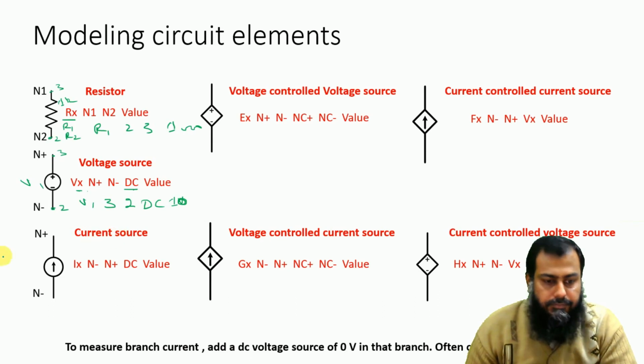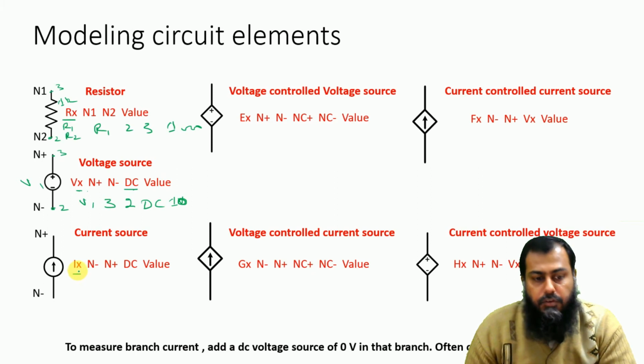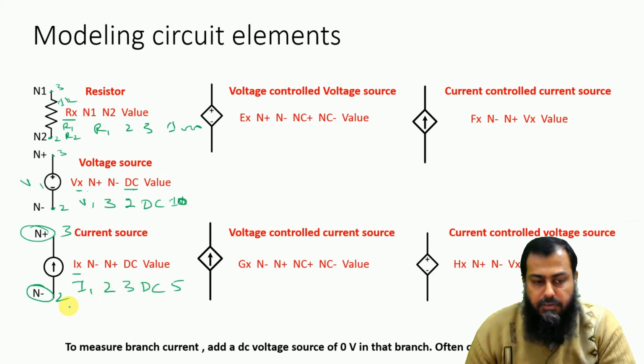Similarly, for the current source, the syntax starts with the letter I, and thereafter you can have any number alongside this I. The difference between the voltage source and the current source is that we have to first write down the negative terminal and then the positive terminal. So if we have this connected between node number 2 and 3, let us say we call this I1 connected between node 2 and 3, it is DC and its value is 5 ampere. So it will define the current flow from node 2 towards node number 3. So this is the difference between the voltage source and a current source.